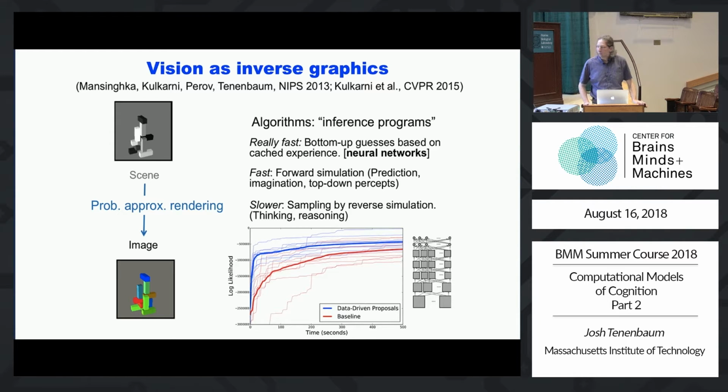For the baseline, the red one, that's one of these top-down Markov chain Monte Carlo type approaches. And you can see it gets better, but slowly. And the blue one is a thing that uses a neural net to accelerate the inference in ways I'll show you later on, but it's much faster. Okay, it basically gets as good as the MCMC thing almost immediately. Okay, but only for a specific class of problems that it's had experience with.